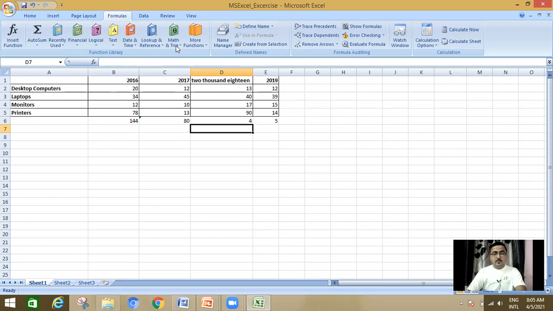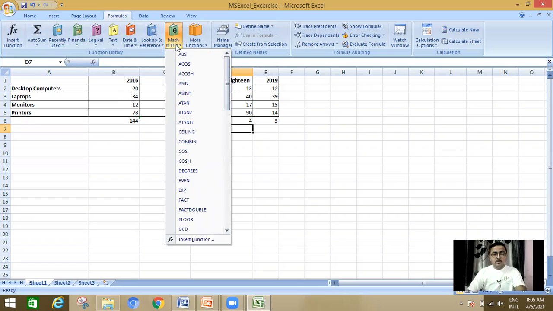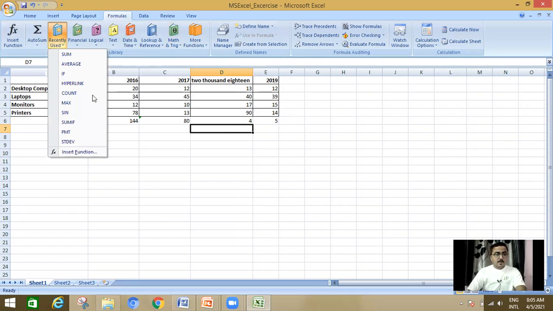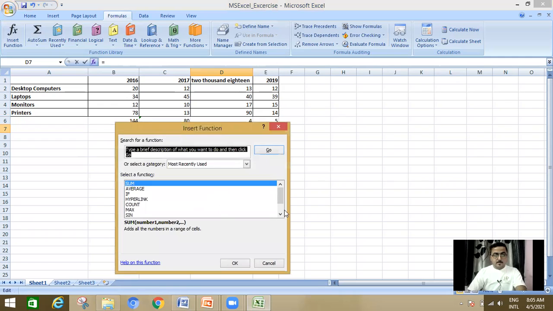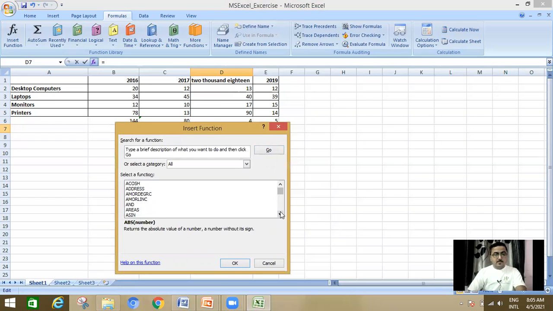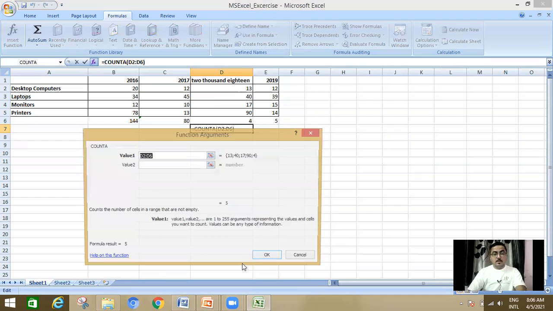Okay, where can we find COUNTA? I can find COUNTA from the All section, go to C. Here you can see COUNTA, click on OK.